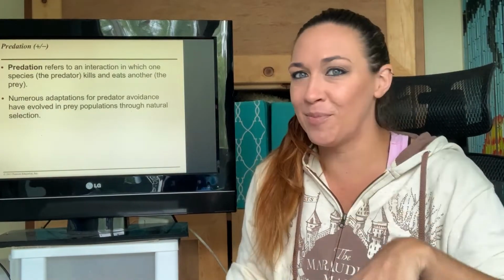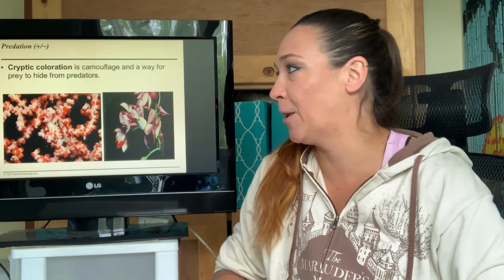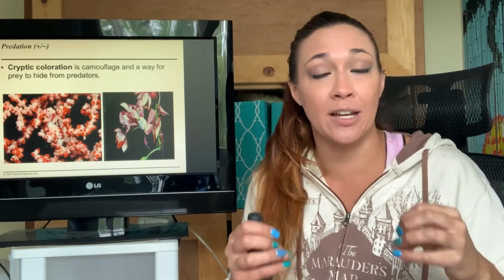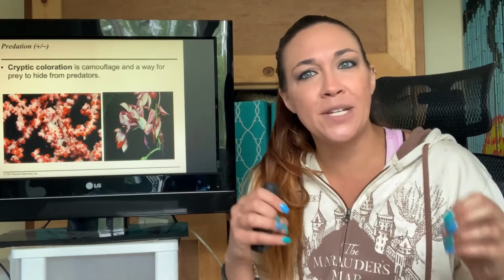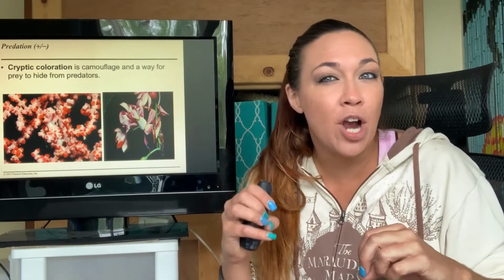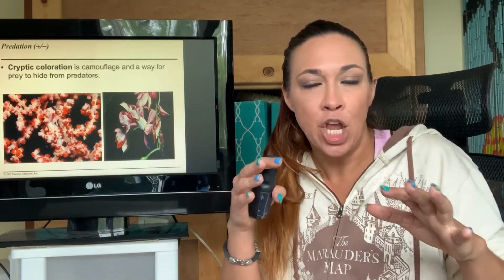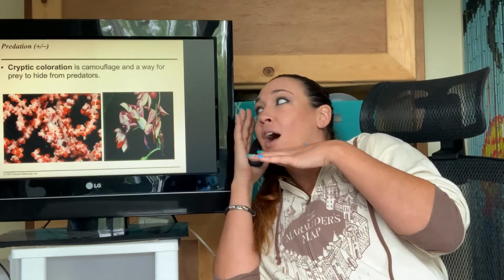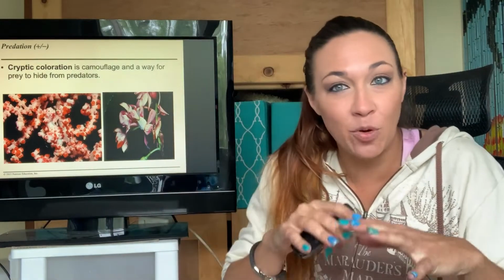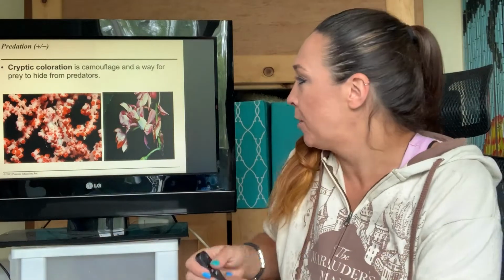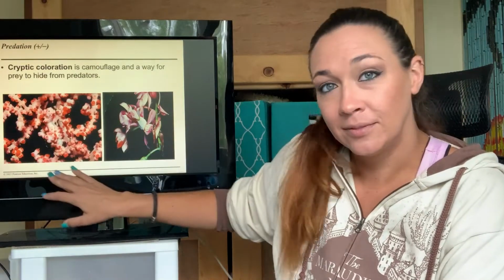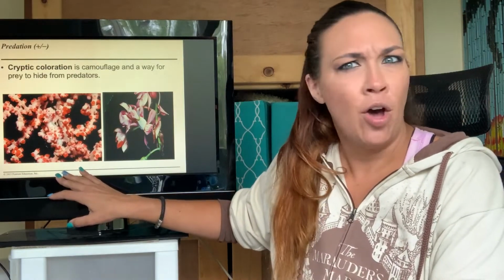So we're going to learn about some of them right now, and a lot of them are really fascinating. So one of them is a type of camouflage called cryptic coloration. And if you're a cryptic species, what you're doing is you're kind of hiding in plain sight. You're going to pretend to be something that you're not. You're like, okay, I'm going to camouflage and I'm going to blend into the environment. Okay, so in this case, this is an animal? It is. Oh, it's a seahorse.